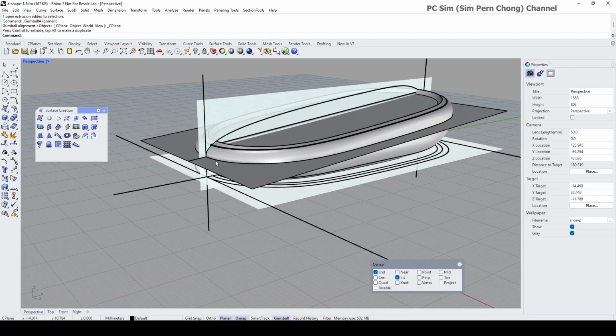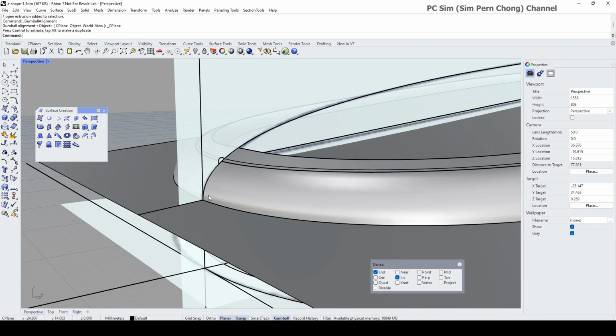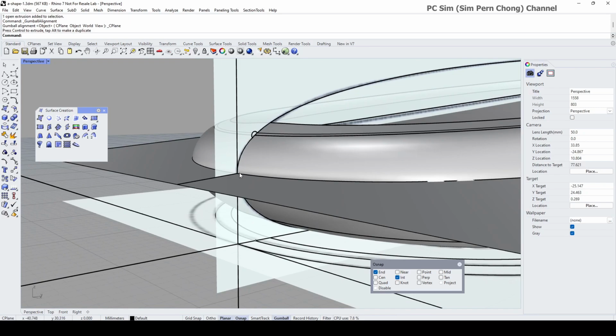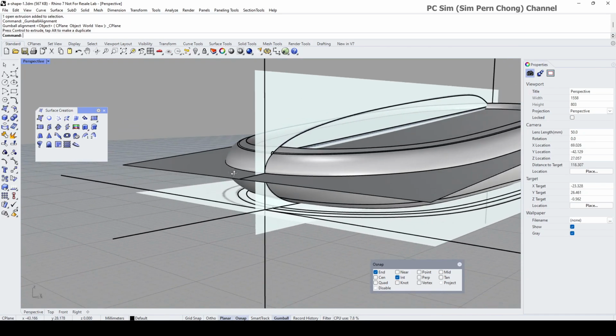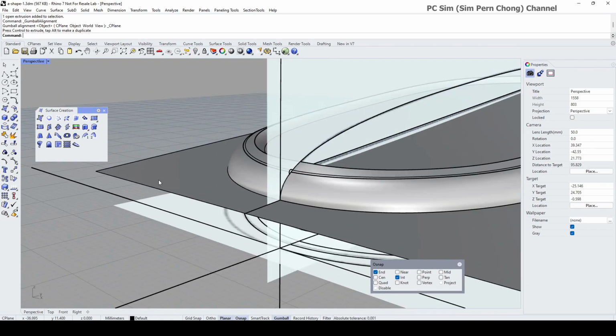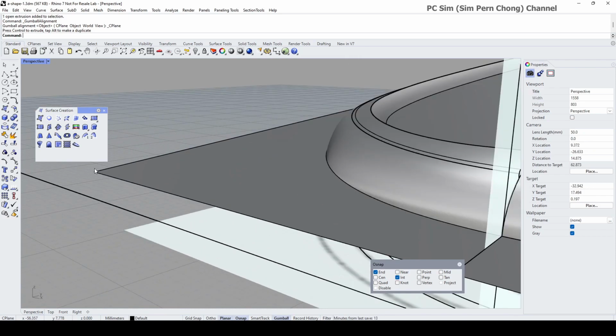Okay, something like that. However, I will want to leave a tiny gap between these two halves, and I reckon I can do so by offsetting a very tiny distance upwards, and similarly one downwards to create two surfaces which I can use to split this main object. So what I'm going to do is type offset surface,